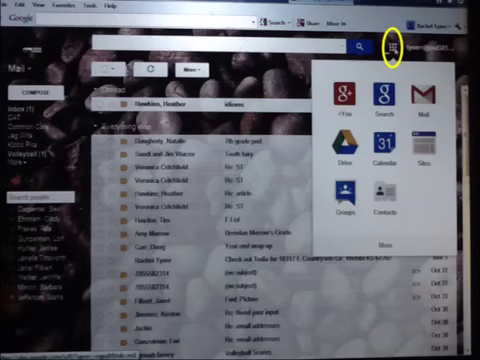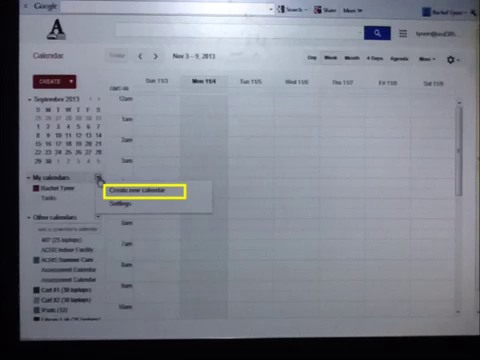The first step to get into Google Calendar is to use your Gmail account and go up to the top right-hand corner where there's a box of boxes. Click on that and then pick the icon Calendar. Located on the left-hand side of your calendar is the month as well as all of the calendars that you